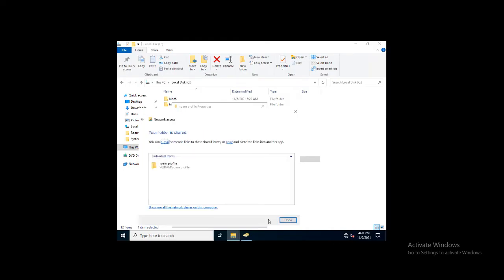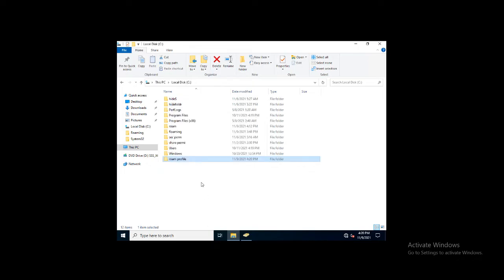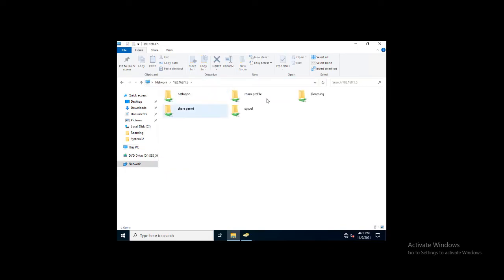You can type the user account if you want. Now click on close.